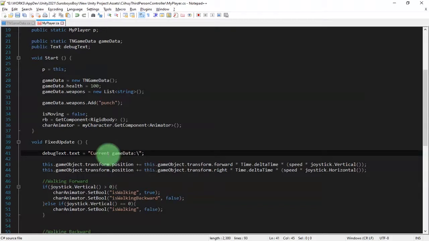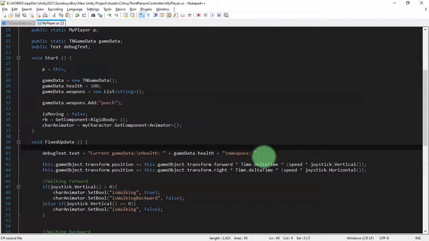I will add a new line here, health plus game data dot health, and then I will add a new line and weapons. And here to write what weapons do we have, I need a variable here. Let me add string myWeapons